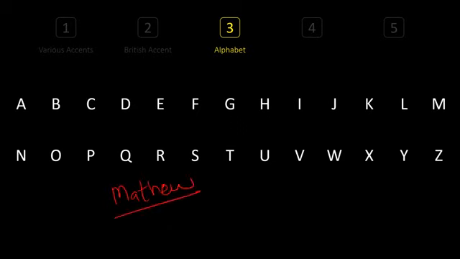Now, this is a name. A name will have to be pronounced, dictated to you, each letter separately. In that case, if you haven't read, you haven't understood the alphabet in British accent, you're gonna stumble somewhere, because the A or E is a little bit different than Indian or Asian alphabet set. Yeah. So let's start with the way we say it in India or in Asia and the way it is said